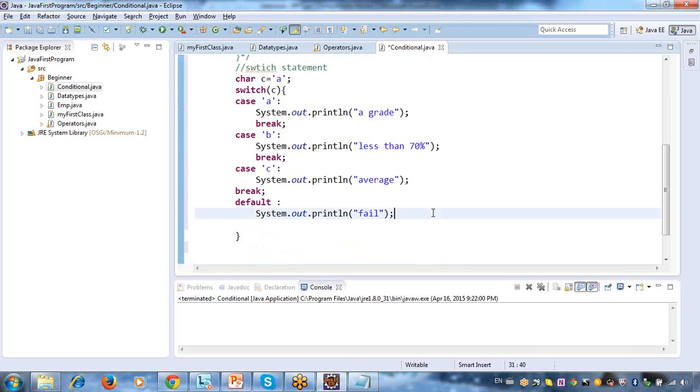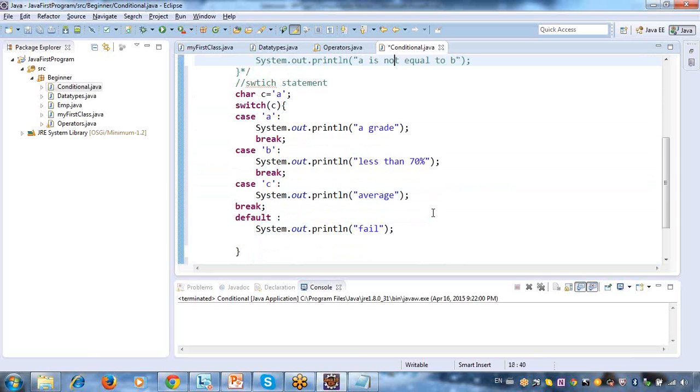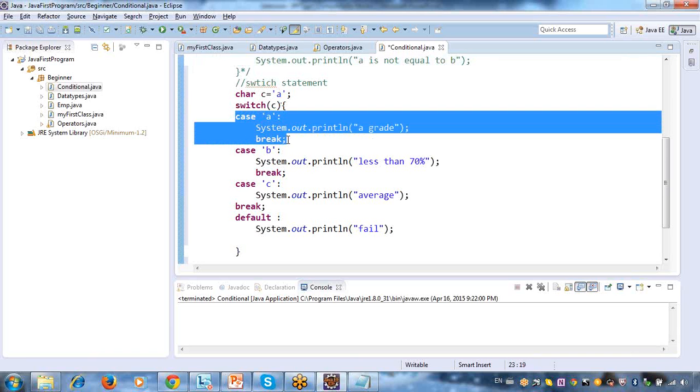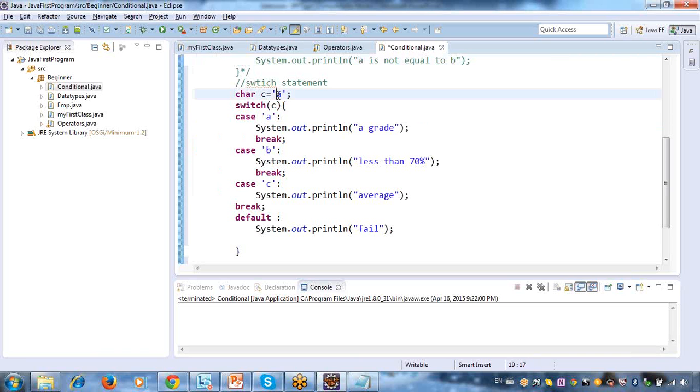Now if you observe here, whatever condition you are passing, if I am passing this condition as A, it will execute only this case and come out. Here C is the condition.